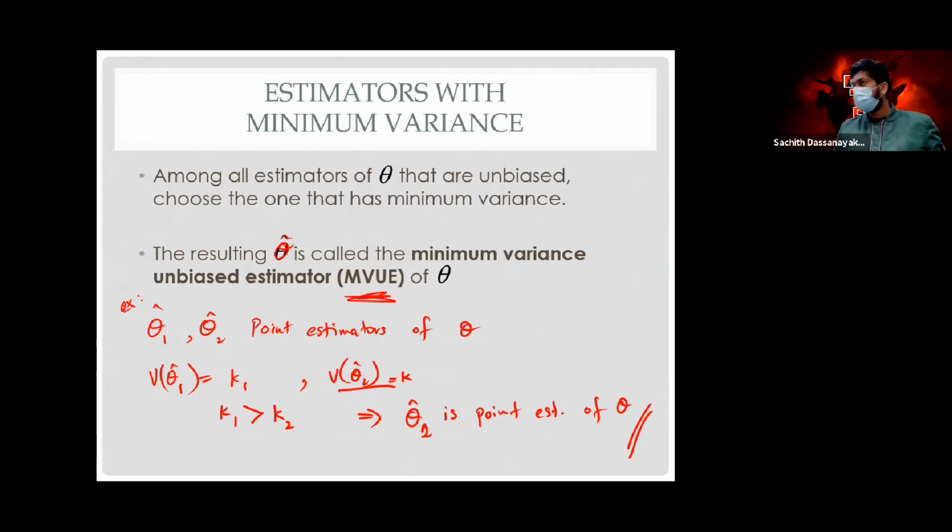Clear? So how do you get the variance? Simply use your equation for the variance. For the particular distribution, if you have a normal distribution, deal with that. If you have a gamma distribution, deal with that. You know how we get the variance of a normal distribution, how we get the variance of a gamma distribution, right? You have your equations, so use those. Clear?